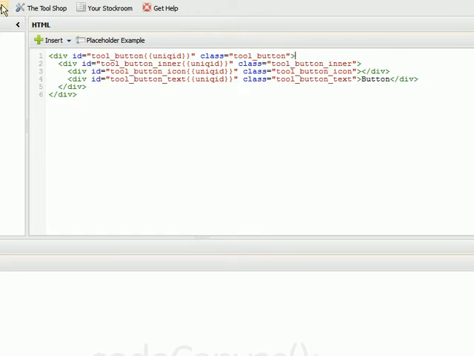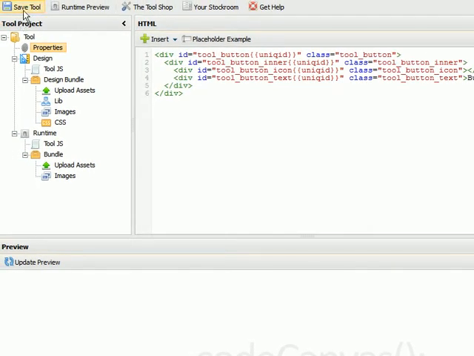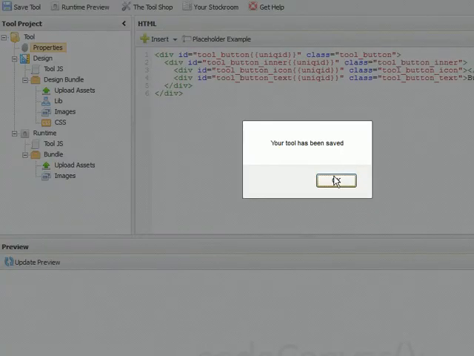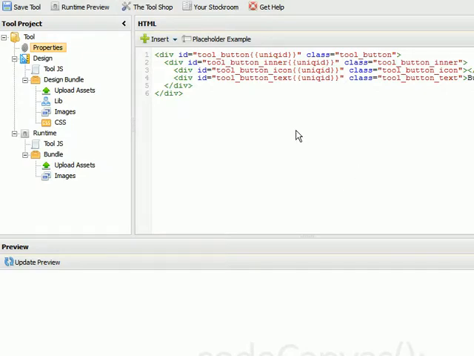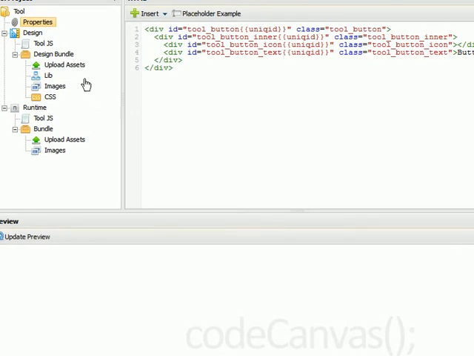So what I'm going to do is introduce you to the Save Tool button, and your tool's been saved. So great. Our next step is to build some CSS for this. So in our tree, we've got several branches here. We're going to look at the design branch. We're going to get rid of the runtime branch for now. In our design branch, we want to slide down here